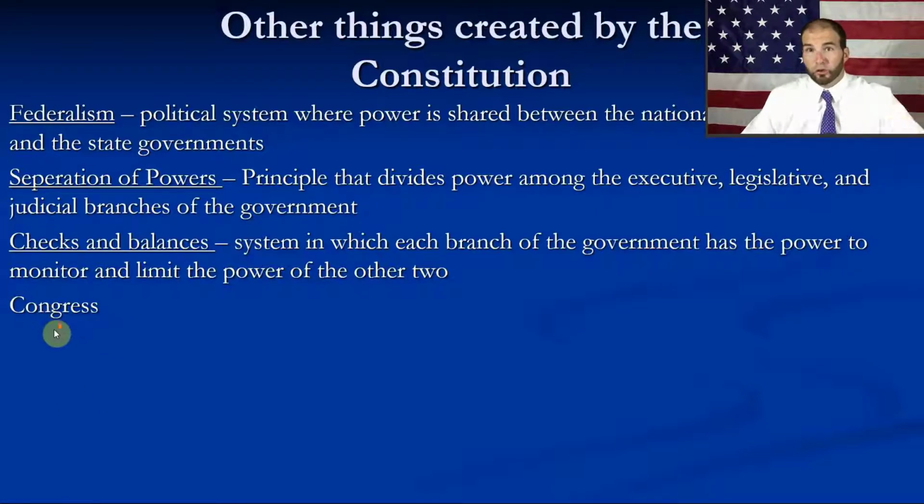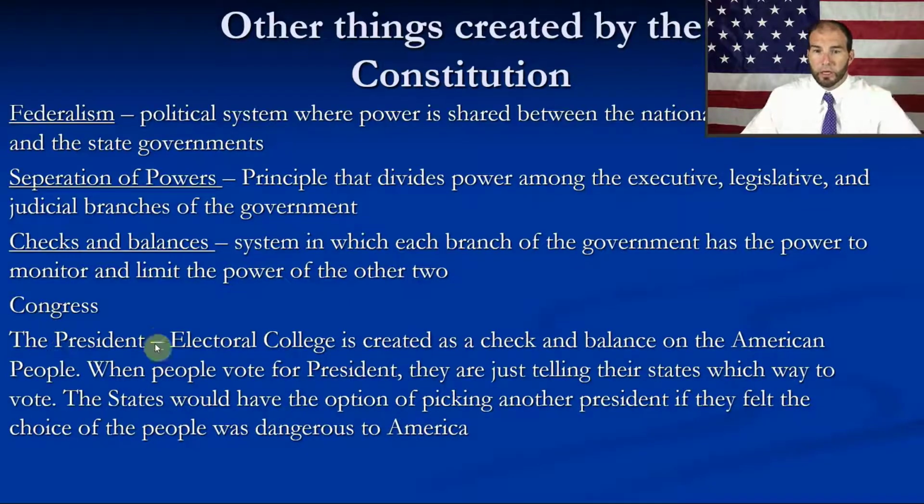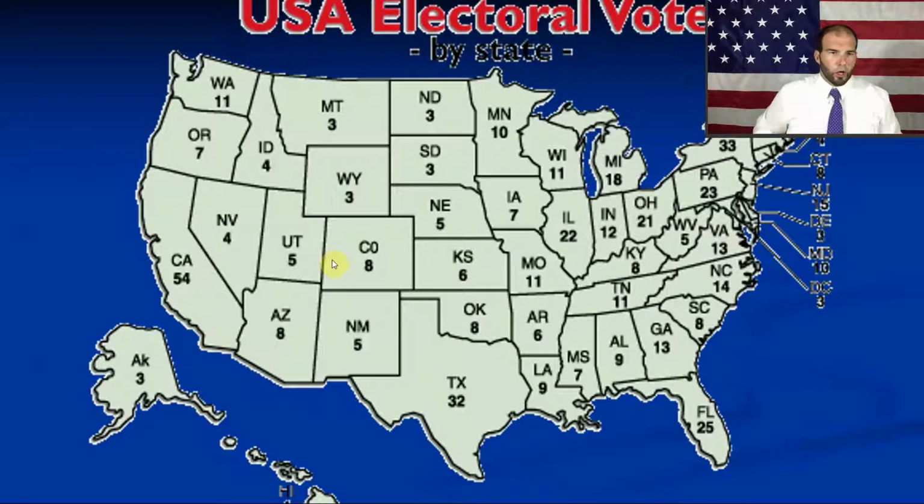Congress, New Jersey and Virginia plans, and the president. So the Electoral College comes out. The Electoral College is important to mention. It's been coming up recently in modern elections. It's been a really long time since it was an issue. So in the 2016 election and in the 2000 election, the person who got the most votes lost legally, because that's how the Constitution is set up. And I'll explain that to you.